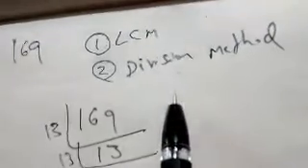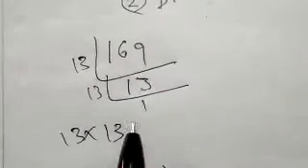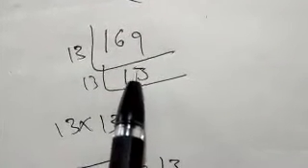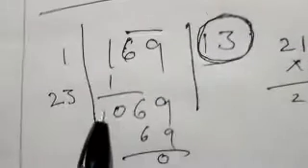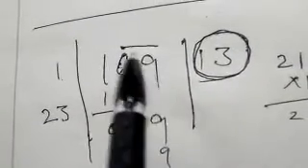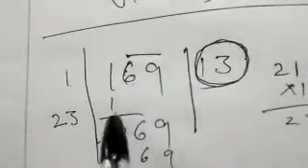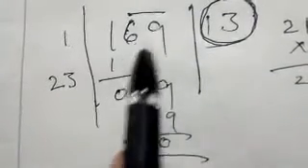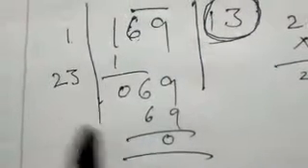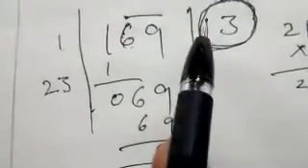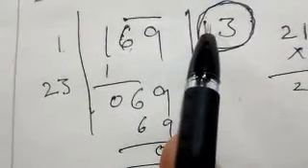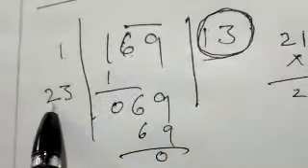As I said, there are two ways to do the square root. One is LCM, the other one is the division method. With the LCM you are doing it the simple way, but you have to remember the tables to do that. If it is the division method, it is very easy, right? 169, you have to take it as a pair. Whatever remains, you do 1 into 1, 1, and it becomes 0. Then you get down the numbers as a pair, and the table 1 plus 1, the last one is 1. 1 plus 1, 2, so you are going to take 2.